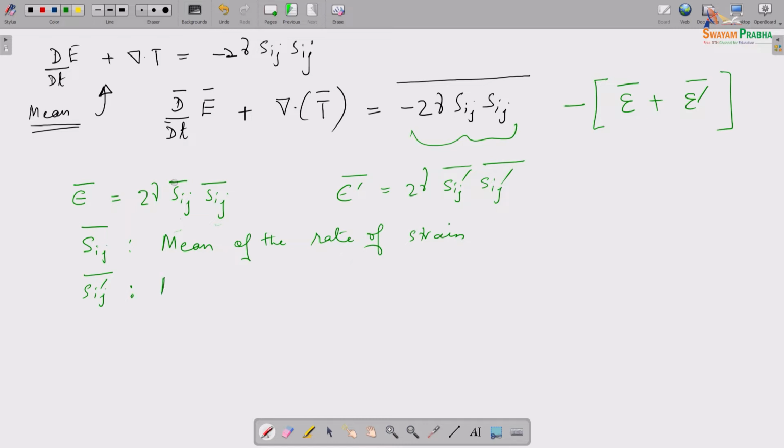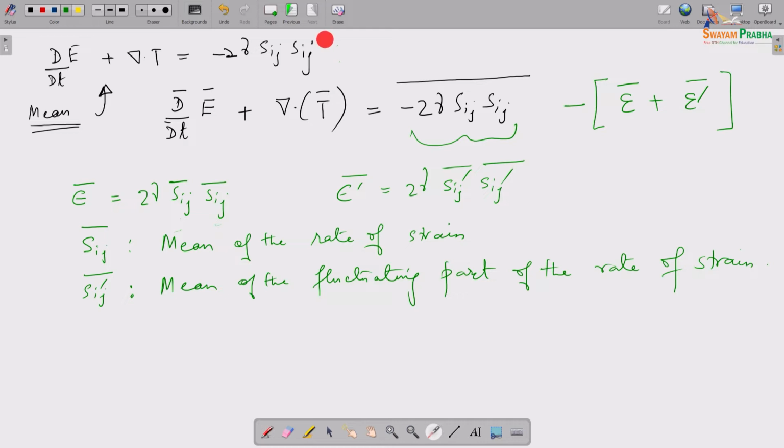Okay, this is also a mean of the fluctuating part of the strain. So what essentially we did here is that we just took a mean of the Navier-Stokes equation here,